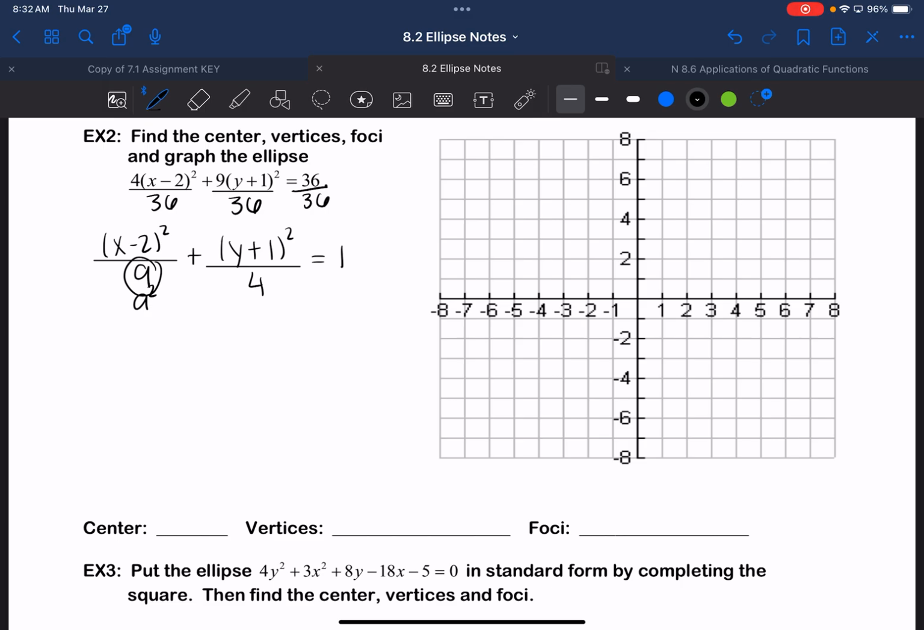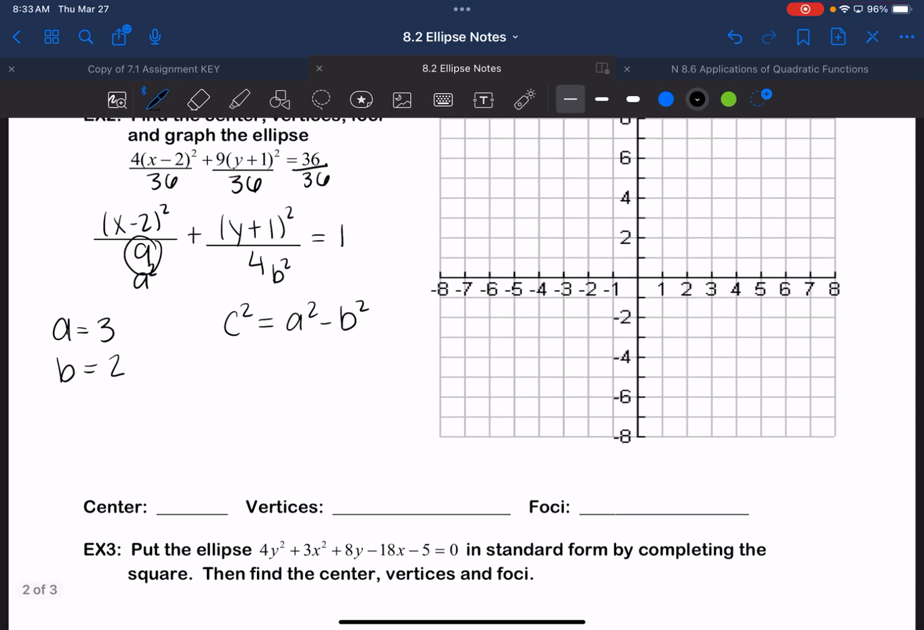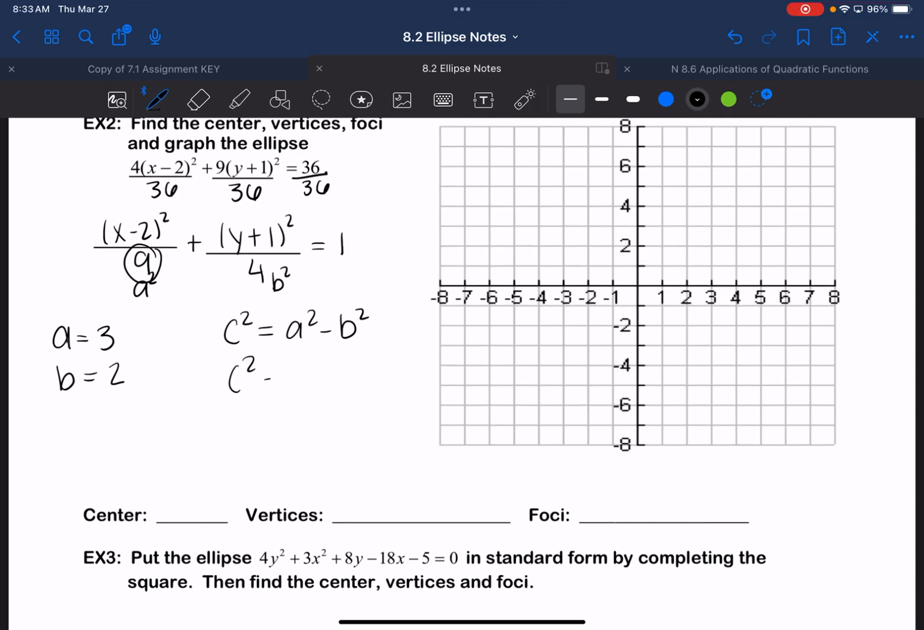Okay, so a squared is 9, so a must be 3. Okay, and that means b squared is 4, so b must be 2. And remember to find c squared is equal to a squared minus b squared. So in this case, 9 minus 4, right? So c squared is equal to 5. Therefore, c is